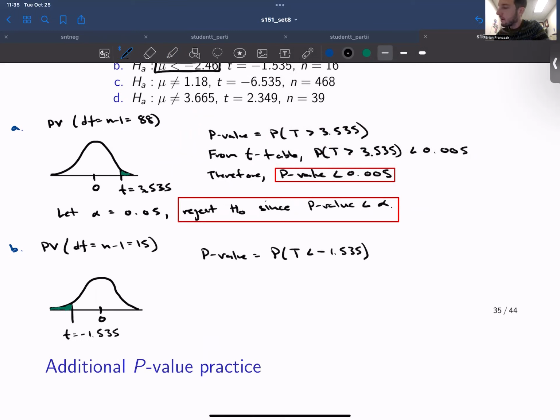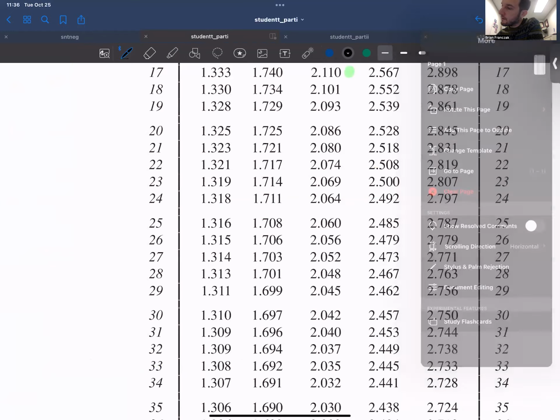The trick here is that this lower tail probability is equal to the upper tail probability. So the probability that t is less than negative 1.535 is the same as the probability that t is greater than 1.535. So we go to our t-table, we have 15 degrees of freedom,